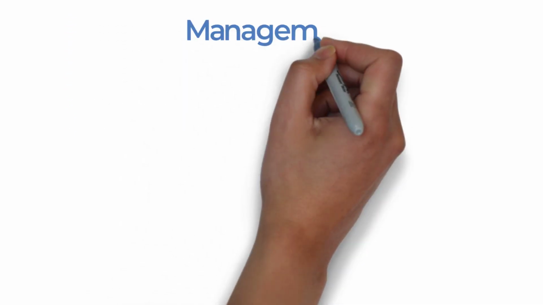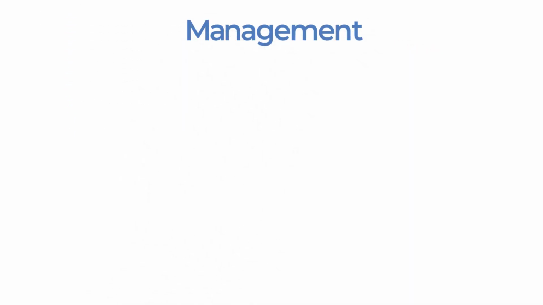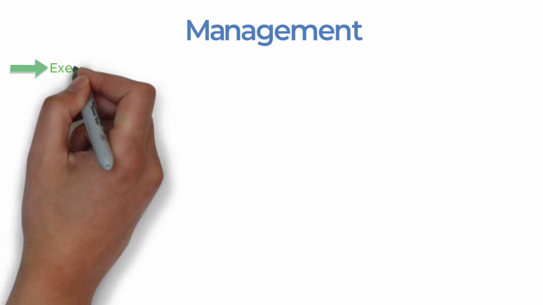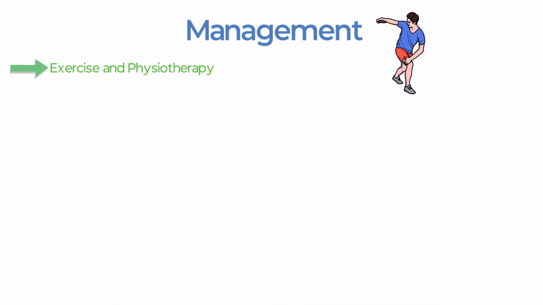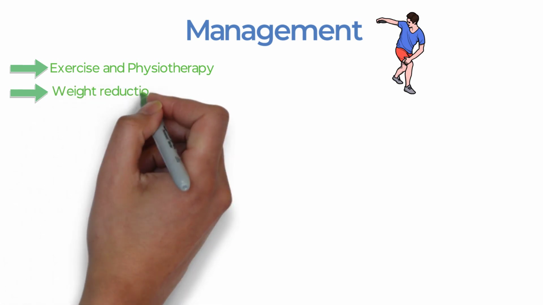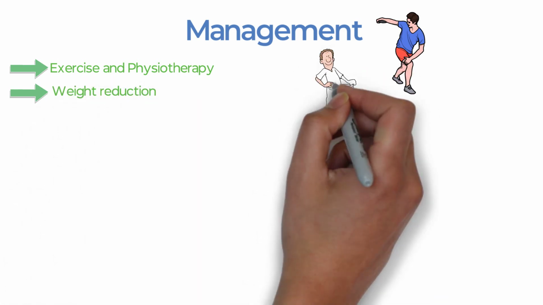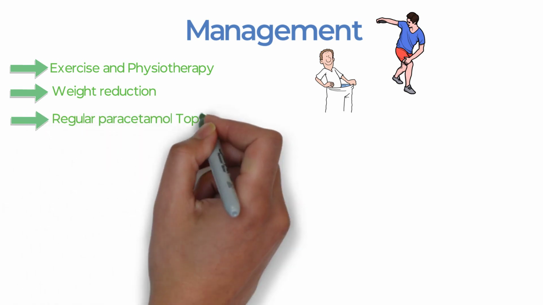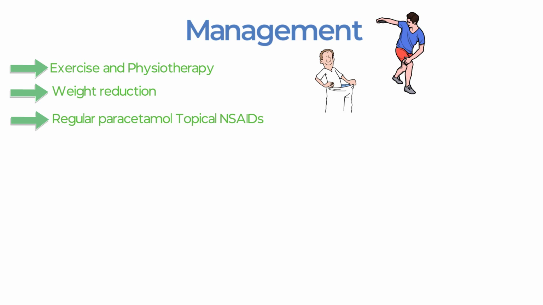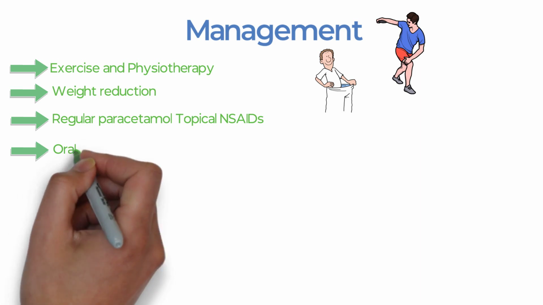So now comes the management of osteoarthritis. We are only going to discuss it superficially. It starts with exercise and physiotherapy, and it also involves weight reduction. On the pharmacological aspect, we can start with taking regular paracetamol, and as an add-on therapy, we can add topical NSAIDs as well. If the pain is moderate in intensity that is not relieved by paracetamol, we can go for oral NSAIDs,